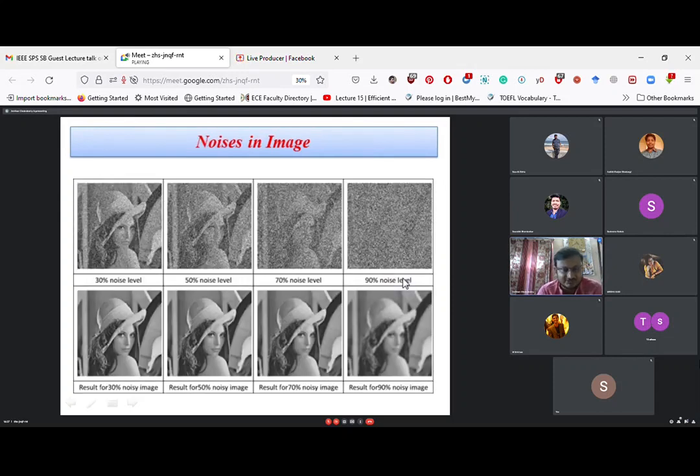This is the noise of an image. This is called salt and pepper noise. This noise can be removed by using averaging, as I told you. Several other methods are there in the spatial domain. Averaging is the most utilized method. So this is the noisy image and this is the cleared image. So noise can be cleared by using several basic imaging operations.